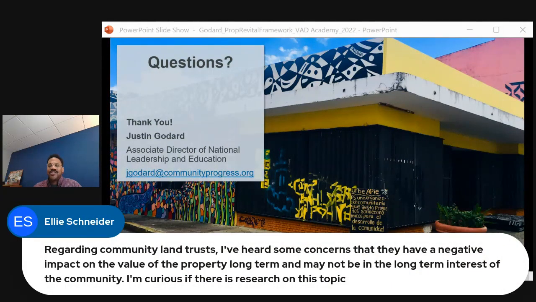So I want to kind of answer this question. I know that we're going to talk about this a little more, and it's a little bit within our wheelhouse, but it broadens the view of the work that we do. I don't think that necessarily community land trusts have a negative impact on property values. I think the key thing about a community land trust is that it is removing properties out of the speculative nature of property markets.